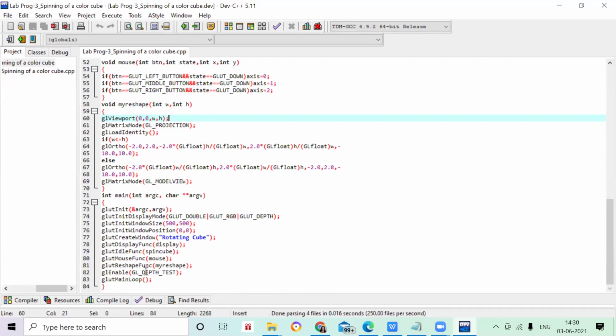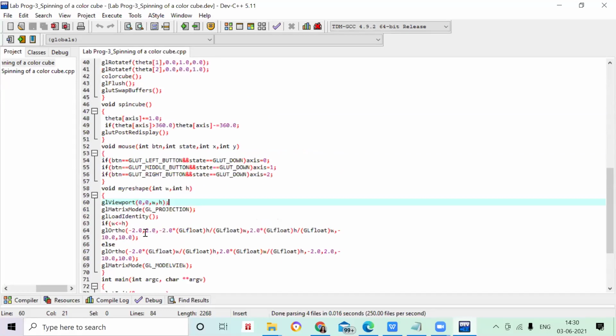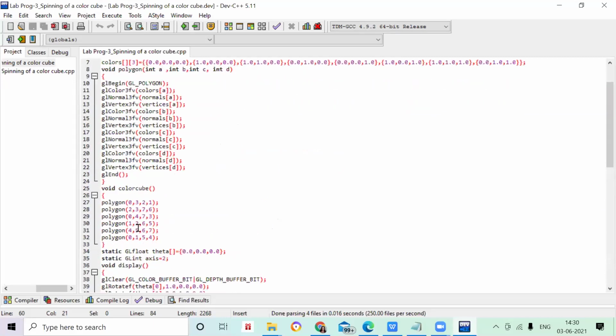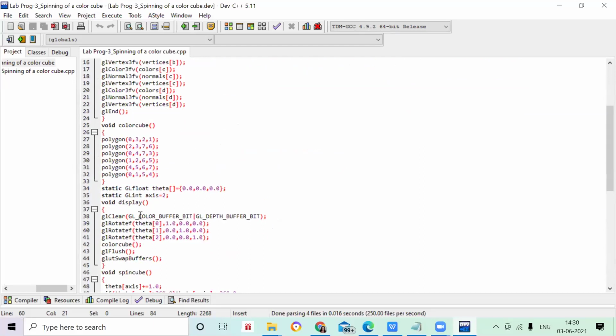Let me explain to you about the depth test now. Also we have used GL colors 3fv. So the display part I'm going to explain to you now.